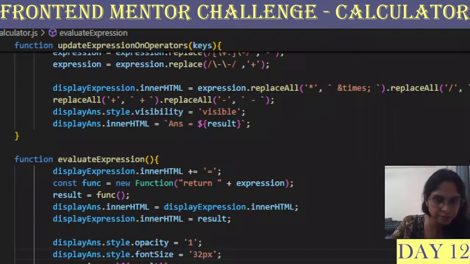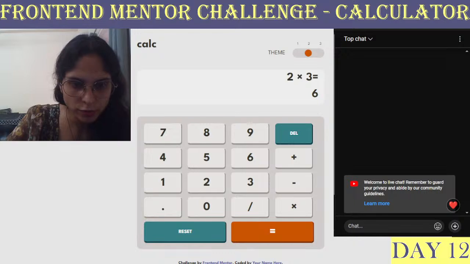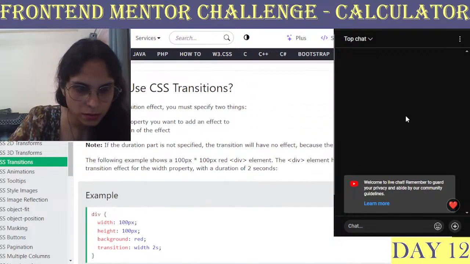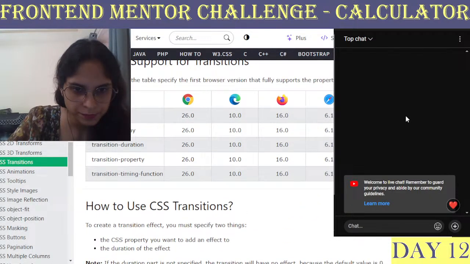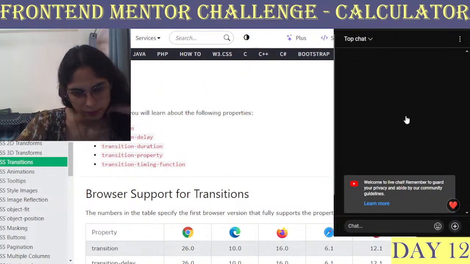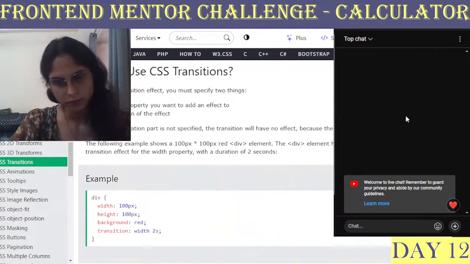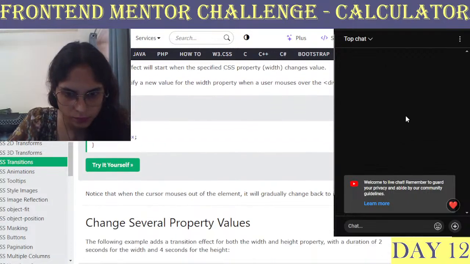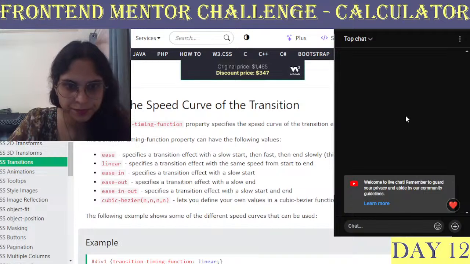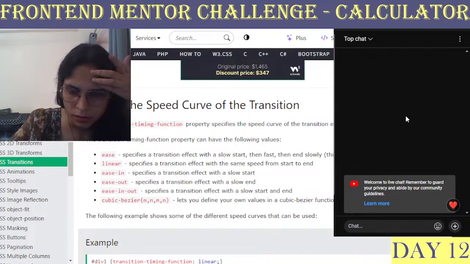Now I want it to go back to normal. Yeah, there has to be a comma. And then ends slowly.